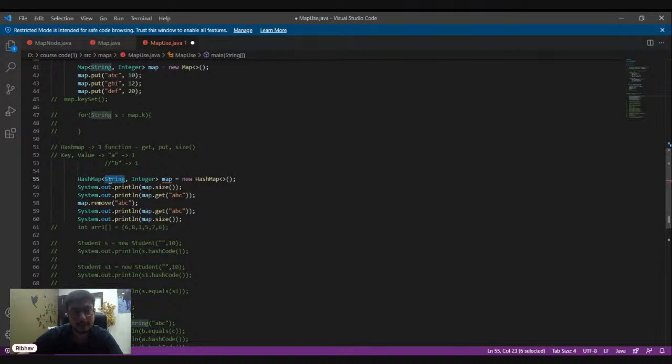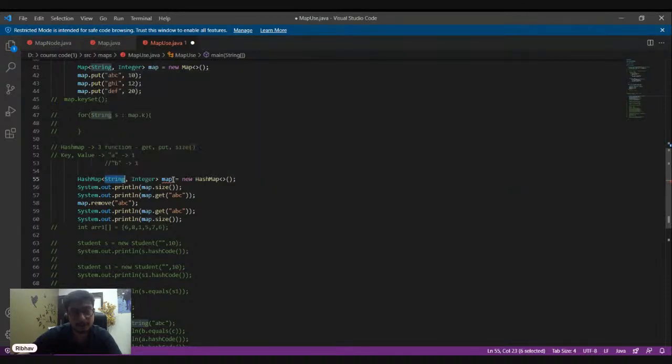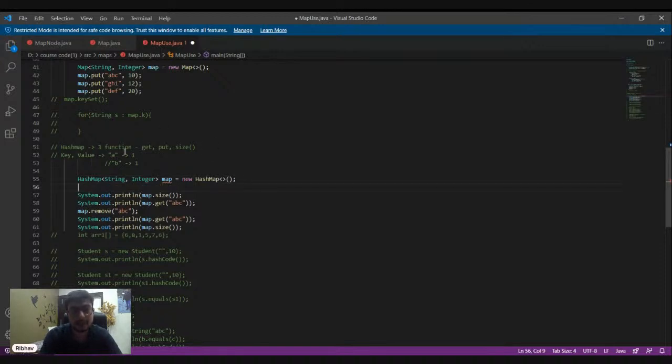So I can declare any class here for that matter. It can be an integer, it can be a string, it can be any class that basically extends Object in Java, right? And then in order to save these values, a comma 1, right? I'll have to do map.put(a, 1). And similarly for b as well, I'll do map.put(b, 1), right?